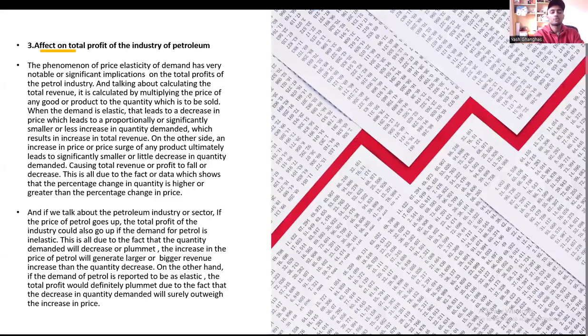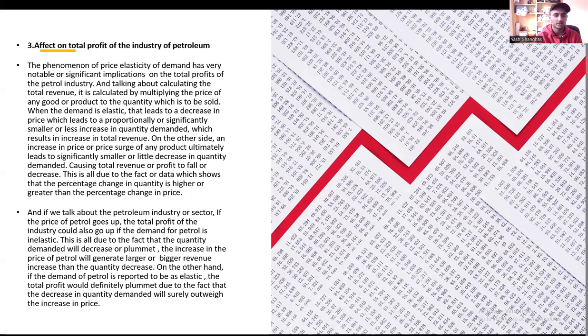So now we are going to look at the effect on the total profit of the petroleum industry. We are going to compare and look at the statistics, like how it is going to change the whole petroleum industry. The phenomenon of price elasticity of demand has very significant implications on the total profits of